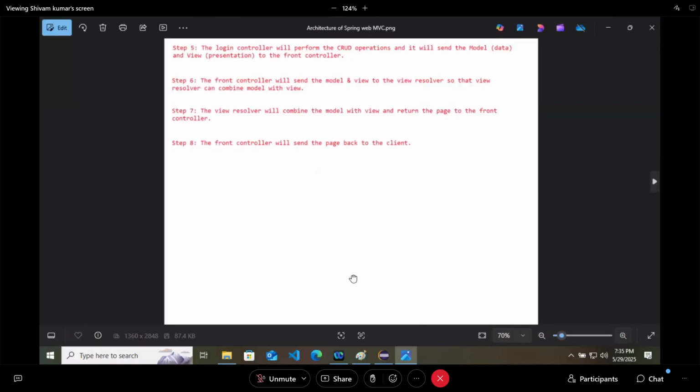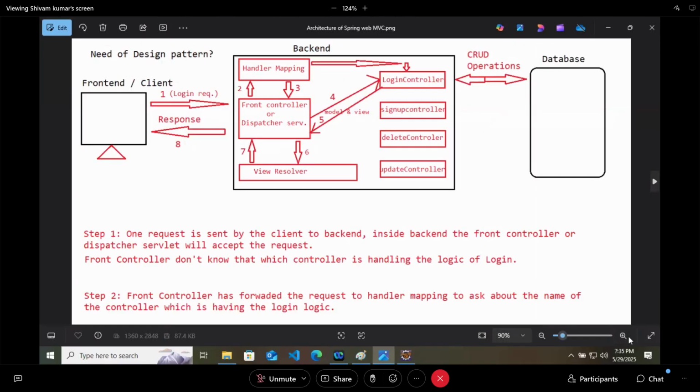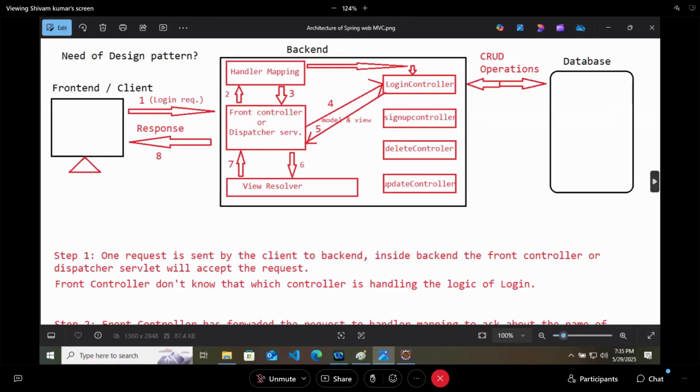So this is our architecture for Spring Web MVC, where we see how the client will talk to the backend, how the backend will do CRUD operations, how login and sign up requests will be forwarded, and all we have seen here.